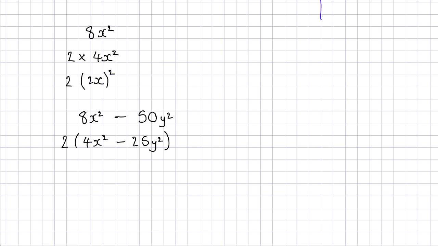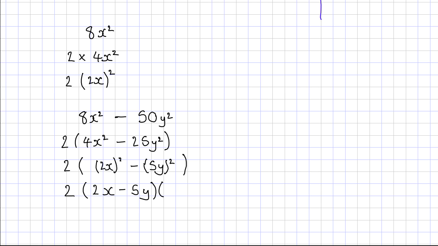Now in this bracket I actually have what I had in the previous example, and I know this factorizes as a difference of two squares. Let's just show that. 2, and then I'll have 2x squared take away 5y squared, and then this will factorize to 2, I'll have 2x minus 5y, and I will have 2x plus 5y,